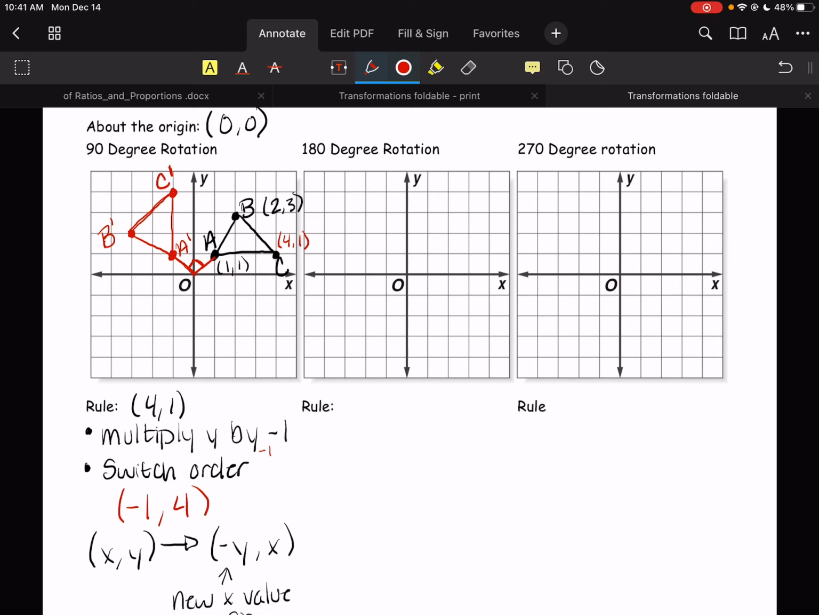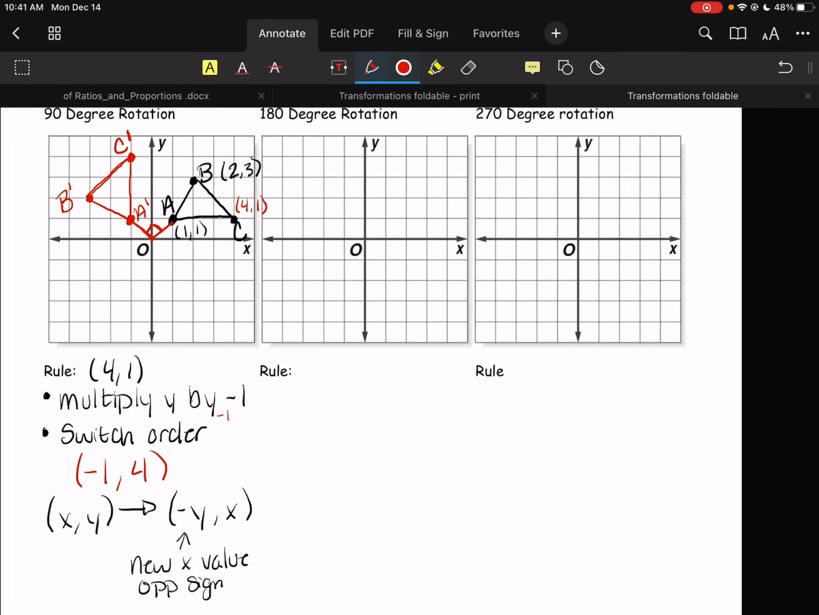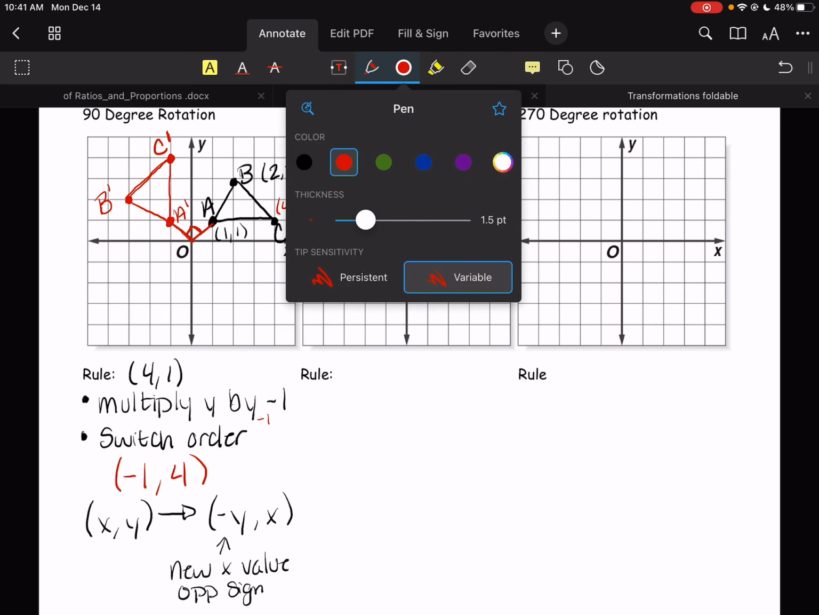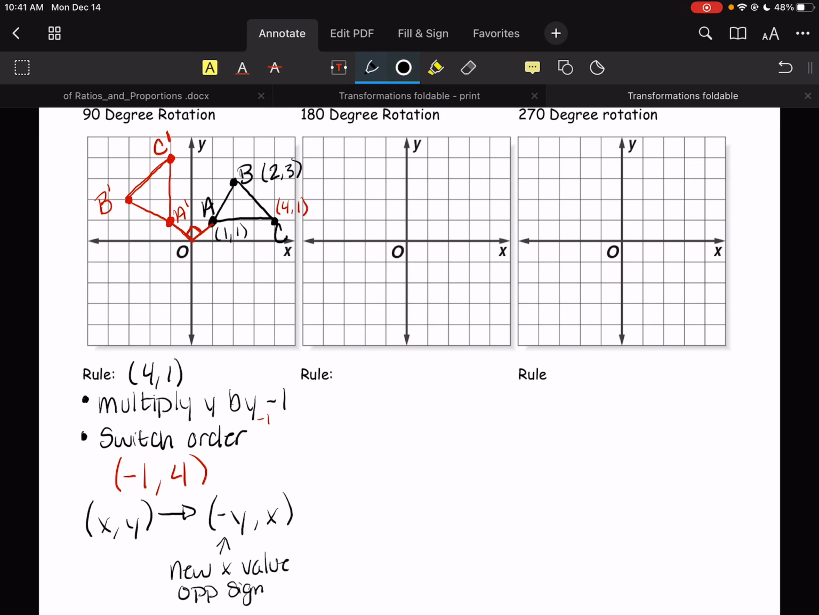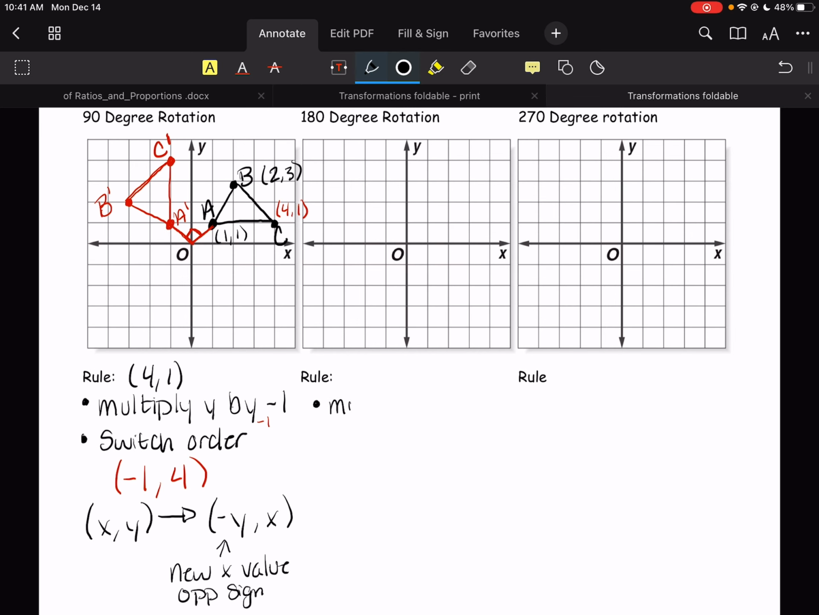So that's what happens if you have a 90-degree rotation. Notice your rotation only went one quadrant to the left. If you're going counterclockwise, it'll go one to the right if you're going clockwise. So that's 90 degrees. Let's move on to 180 degrees. So for 180 degrees, you only have one rule here, which makes it kind of nice. You're going to just multiply both coordinates